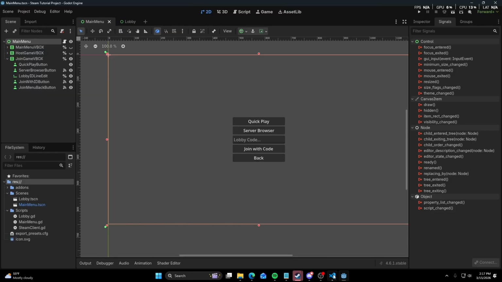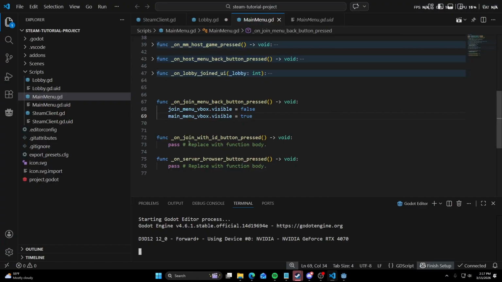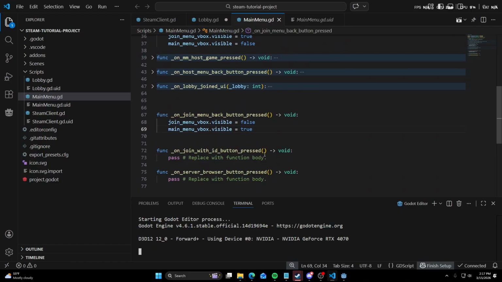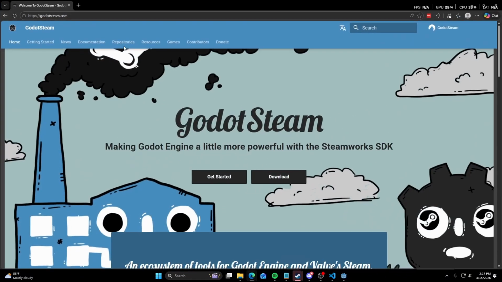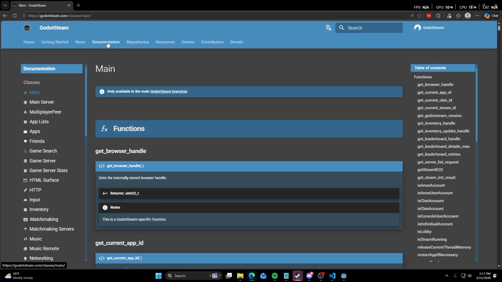Perfect. Okay. Back to business, and we should get things like this. Okay, so on join with ID, we're just gonna do that real quick because there's really not much to it. So let me bring up this documentation here, GodotSteam. This will really simplify things, even for the invites, because this information will pass